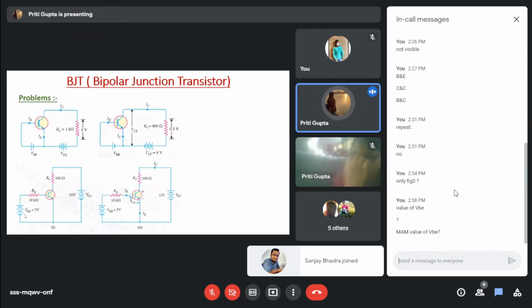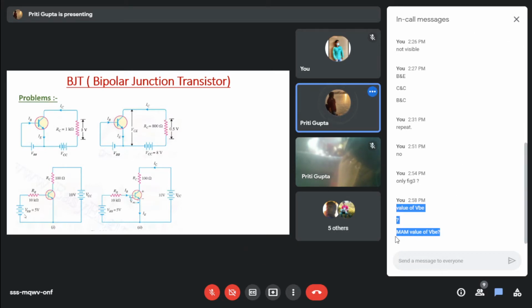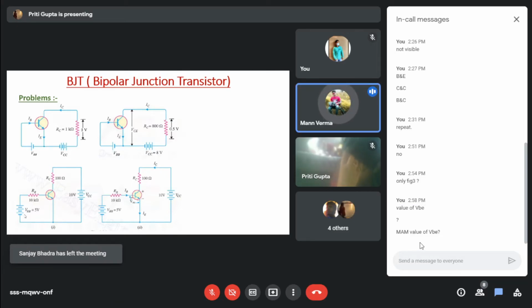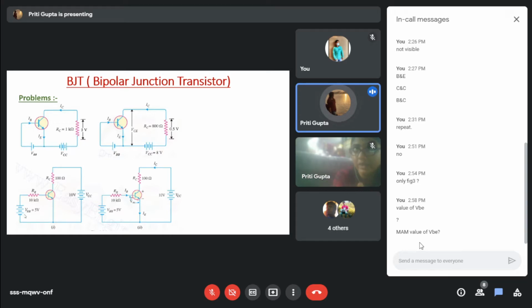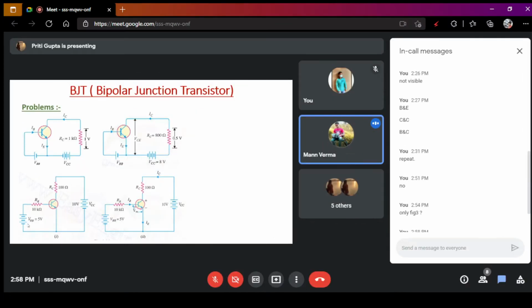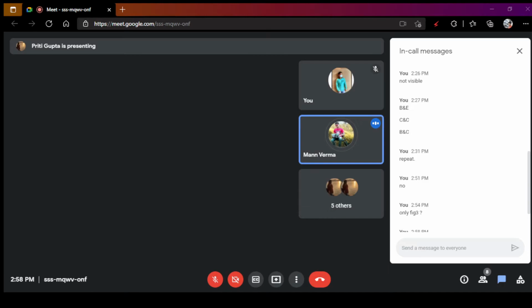So IB equals how much? Ma'am, 4.3 divided by 10 to the power 4 ampere. Okay, do one thing now. Multiply both numerator and denominator by 100 to make it 10 to the power 6. So it will be 430 divided by 10 to the power 6. So it is coming 430 microampere. Simple, right?